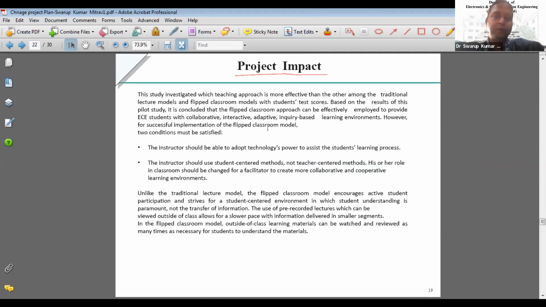Next, the impact I wanted to go through is that we wanted to compare students of the traditional, conventional type with the flipped classroom. So we wanted to make them aware of the technology. One lacking part in our setup is that we take videos on mobile. We don't have any studio. That is our lacking feature. A requisition should be given for a studio to be designed.